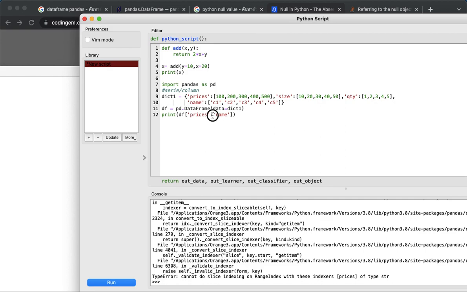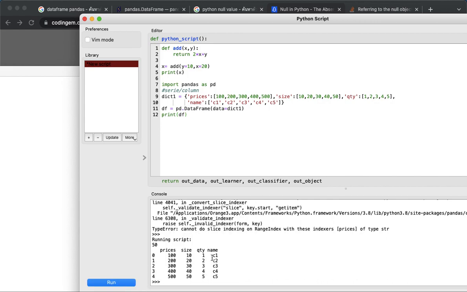But for now, let's go back to the original. We want to multiply QTY by the price to give us another column we call total. How do we do this? Well, we have to multiply column-wise, element by element. This one multiplied by this one, multiplied by this one, multiplied by this. Then we refer to the column name. So for example, price